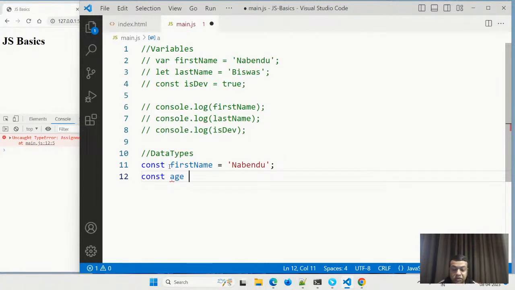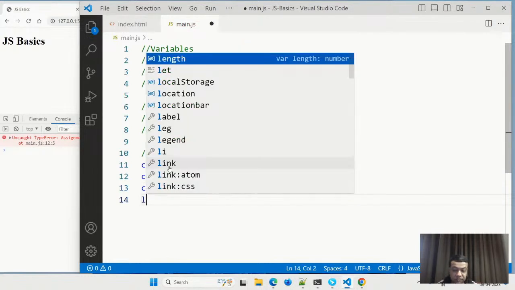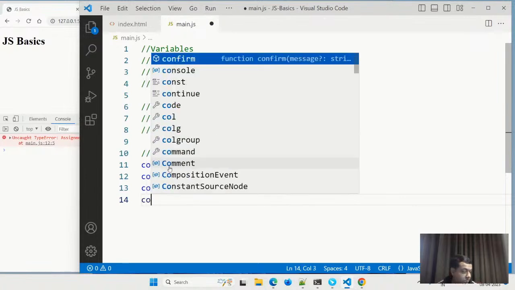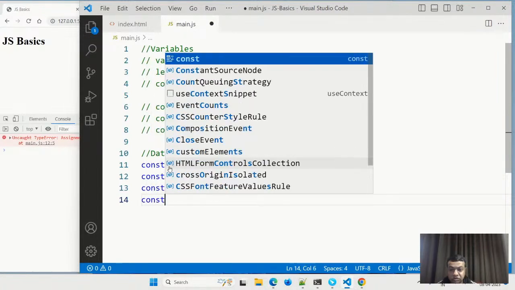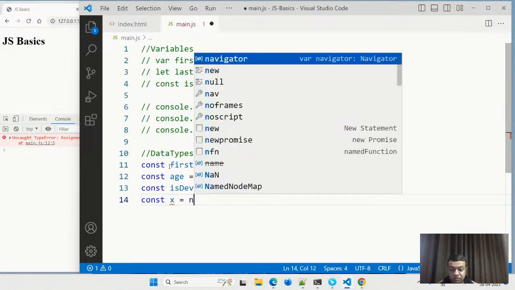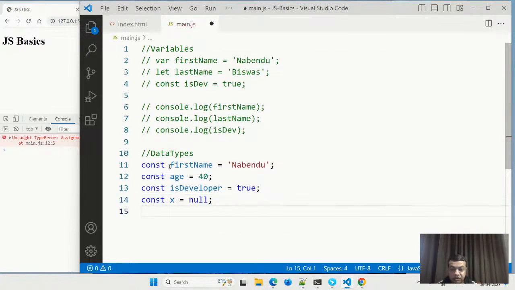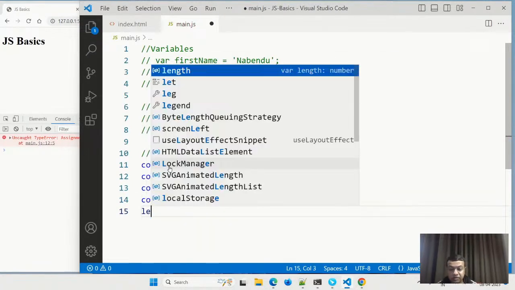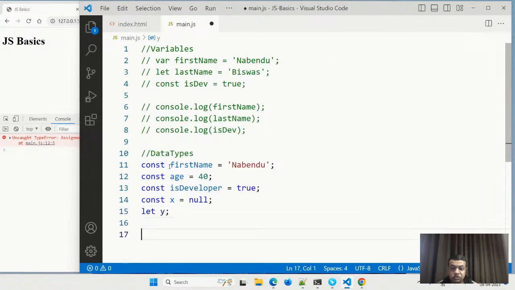So const age equal to 40, const developer equal to true, const is equal to null, and let. Okay, so these are the things which I have.